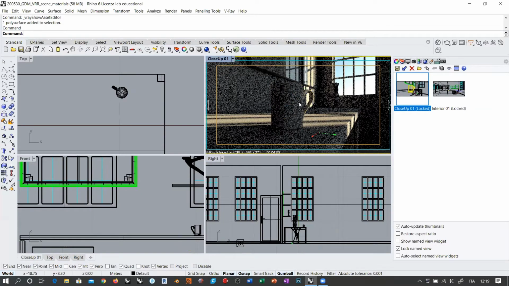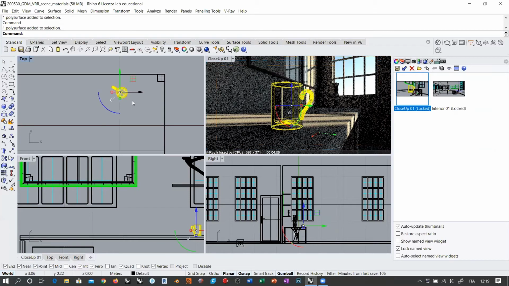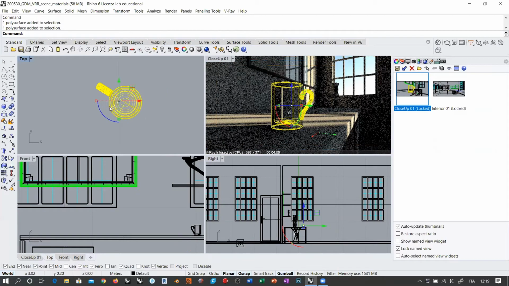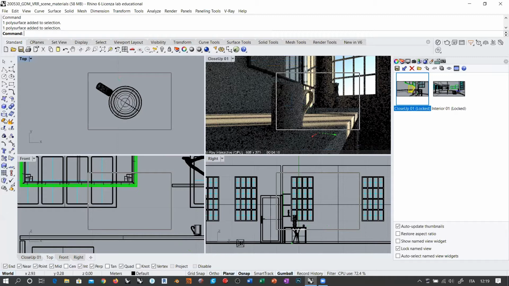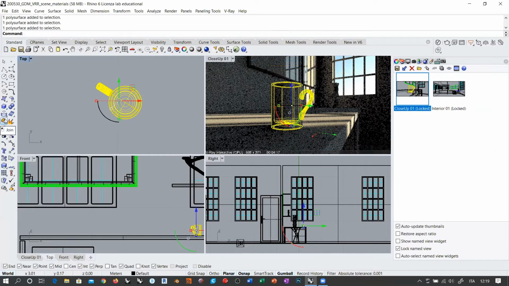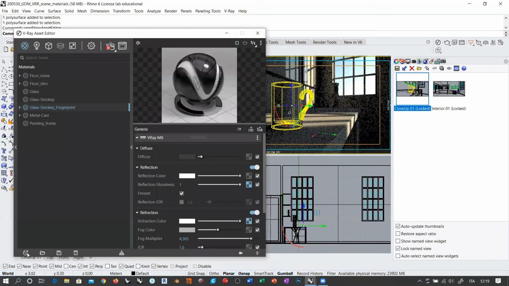Okay, and what I want to do is take this object. Eventually take a look at your scene, because you might have this object exploded. If it is exploded, you just select all the pieces and join them together into one single polysurface. Once it is a solid, I'm going to go into the V-Ray Asset Editor, materials. I'm going to create a,